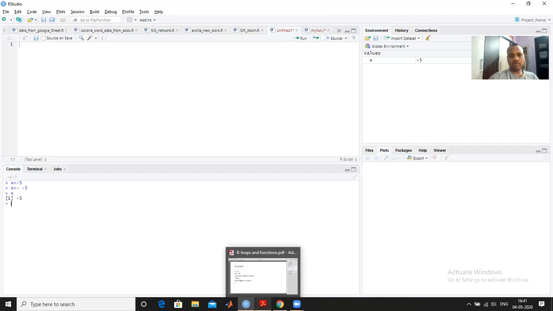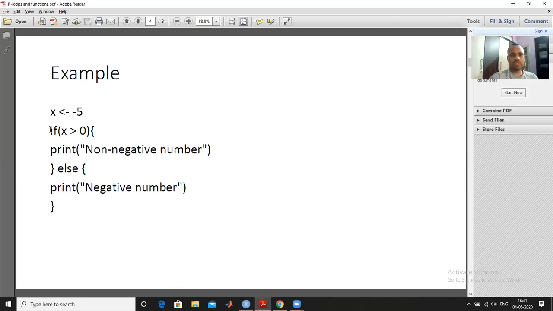So if x is -5, then we have to write a code to check whether x is negative or positive. So we are checking the condition, if x is greater than 0. This is a particular example where I have fixed the value of x. Otherwise, we can change this value.